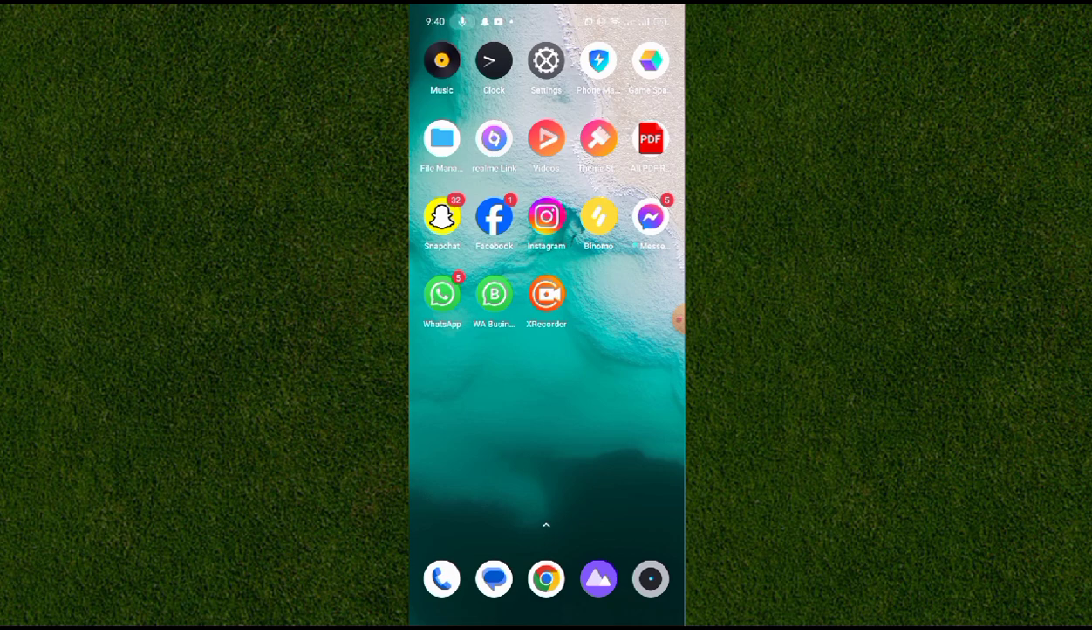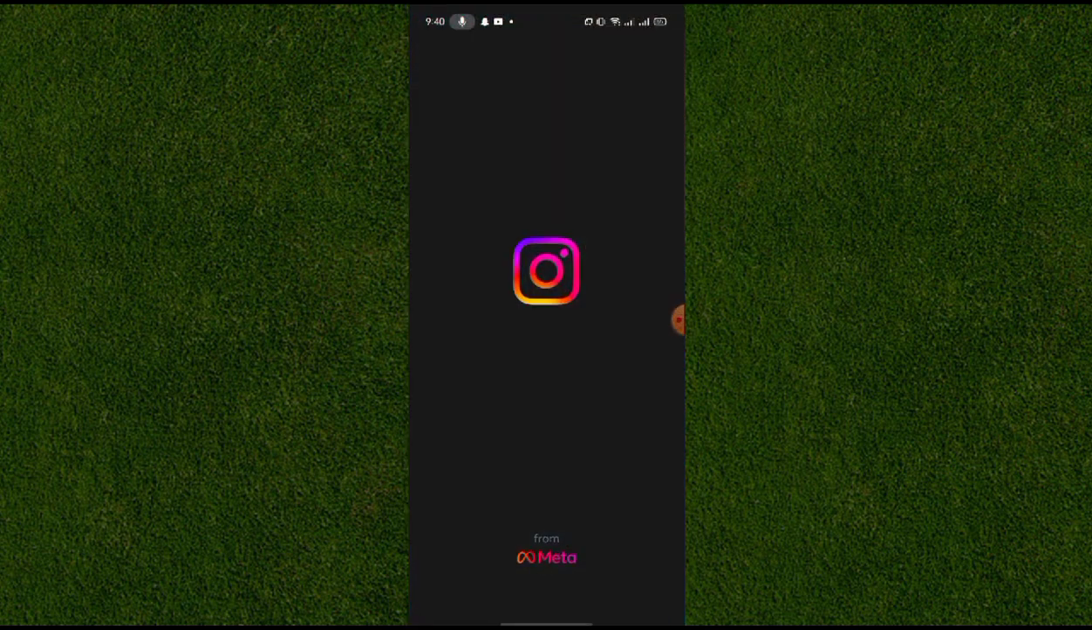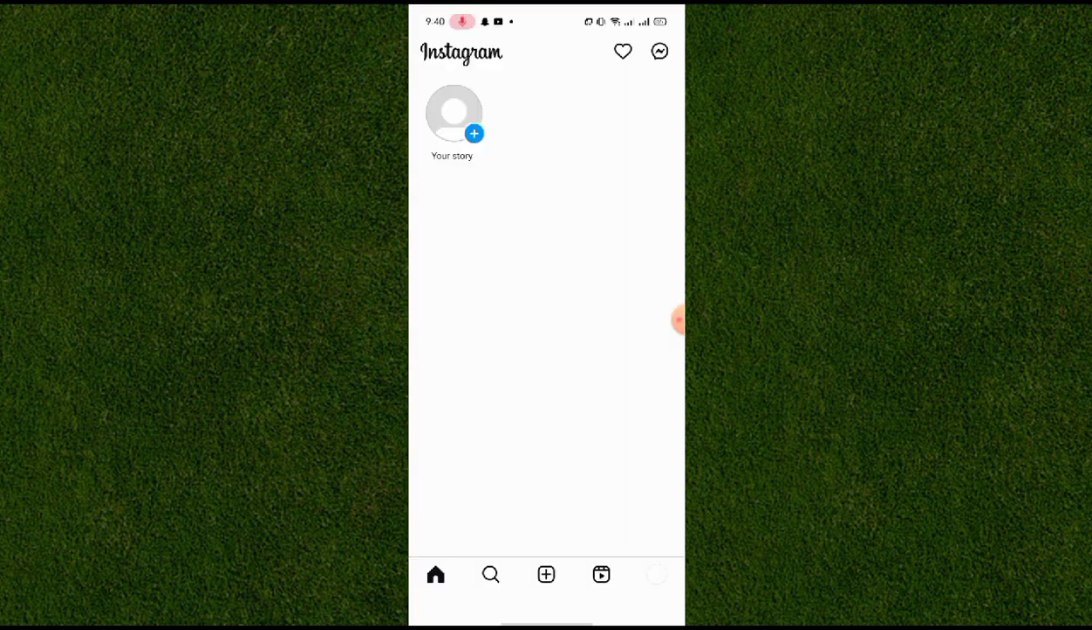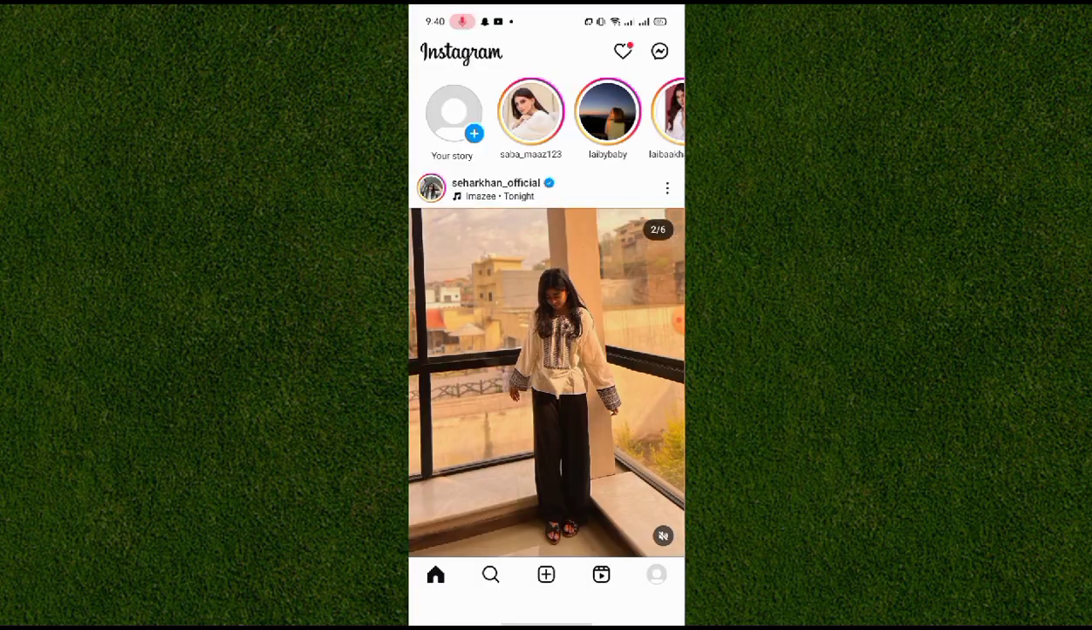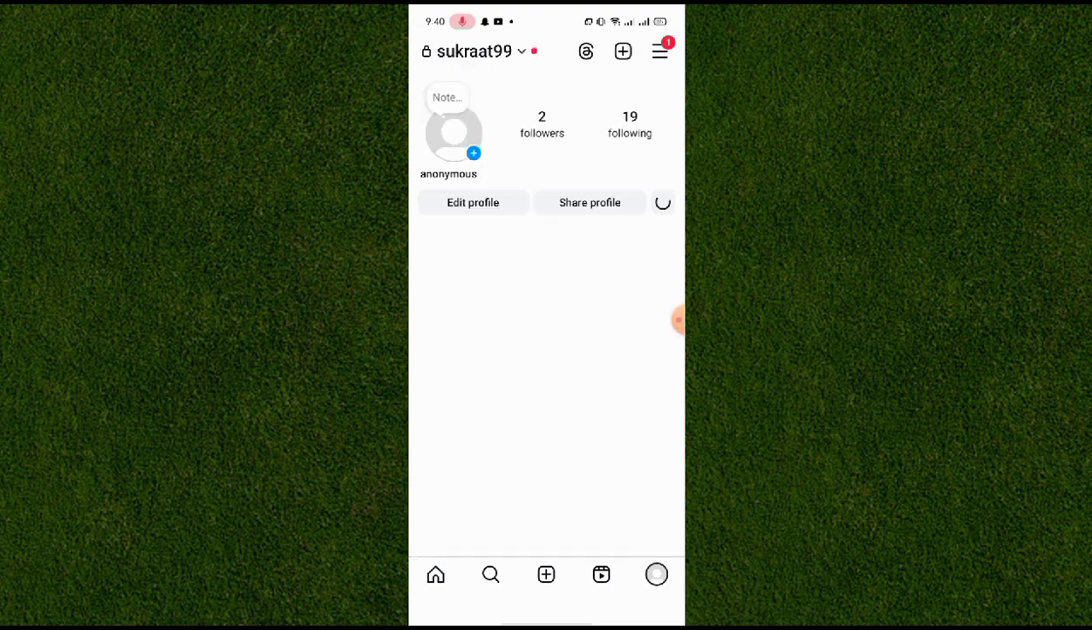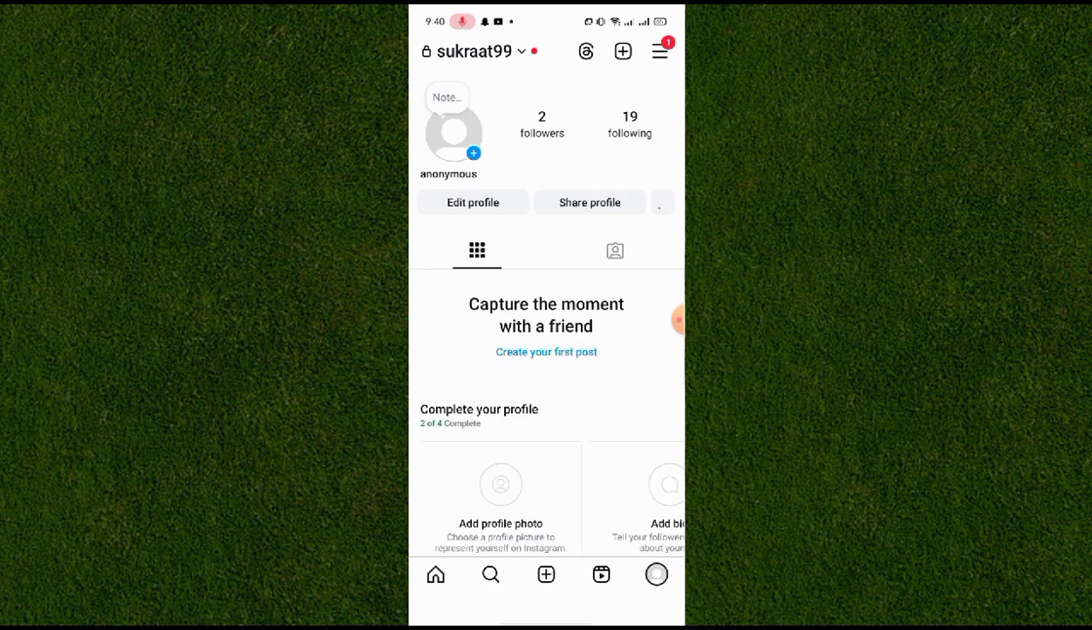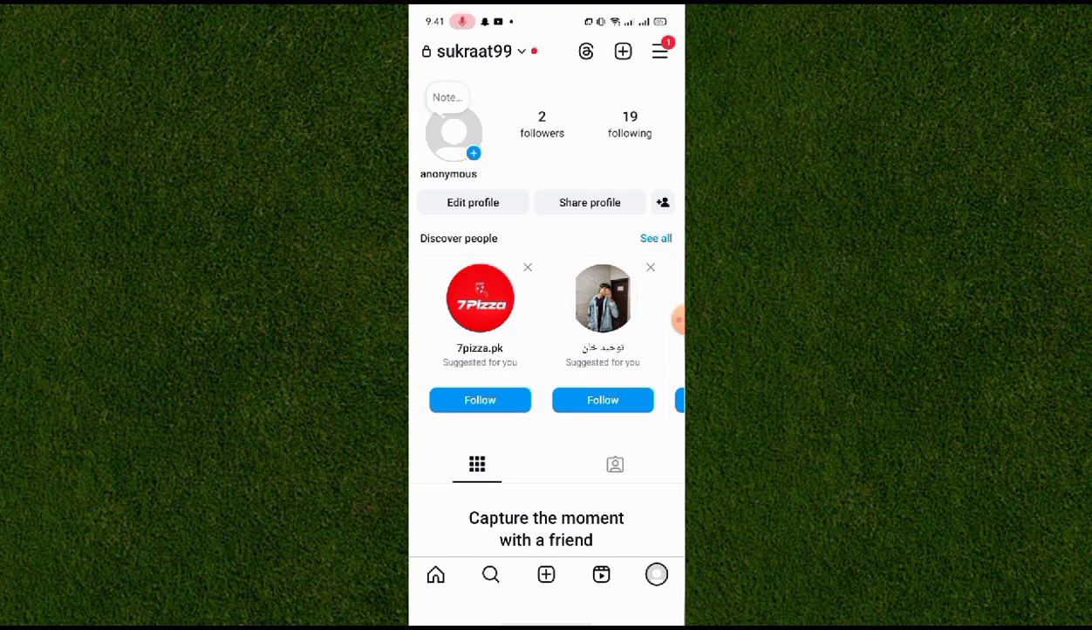First of all, you need to open your Instagram account, and then you can see your profile picture option in the bottom right corner. Tap on here and wait for a moment, and you can see the three lines option in the top right corner. So simply tap on here